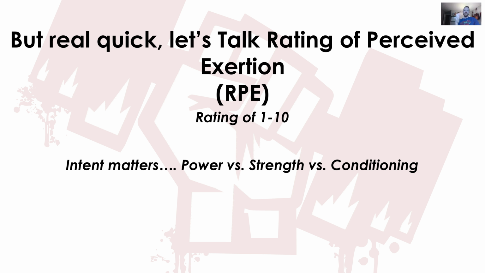Once we get below 7, a 6 would mean that we can make that implement move very fast with moderate effort. A 5 would mean very fast, snappy with minimal effort. And that's really the extent of what we use. I don't think that I've ever used a 4 or below. So that's going to be for our strength work.